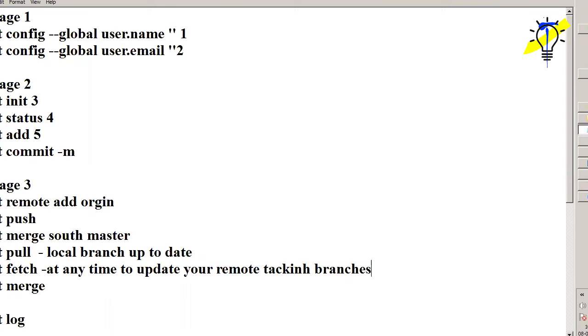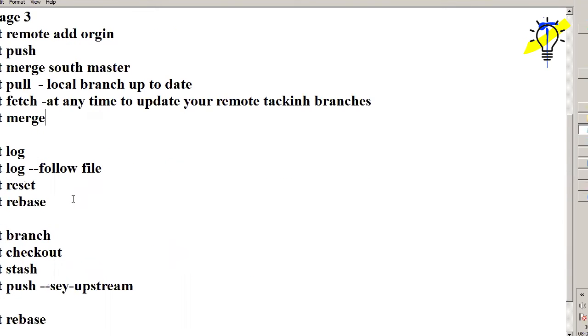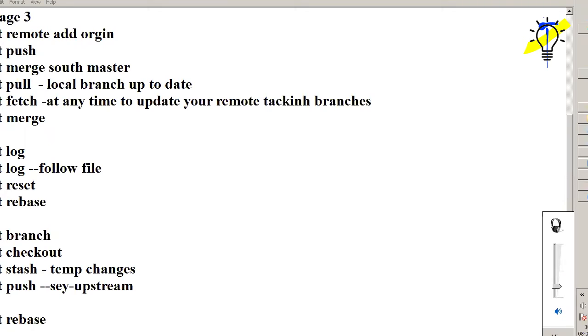Sir, yesterday you gave an example that the computer has been crashed and we have to regain that. I got it. That is called git stash. Yes, that is in the middle of any work, if we have to save it as a temporary one, we will use git stash, right? Yes.